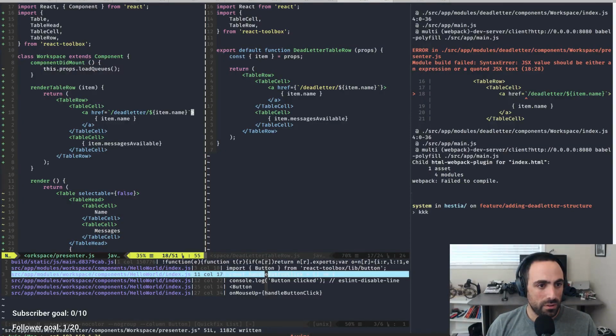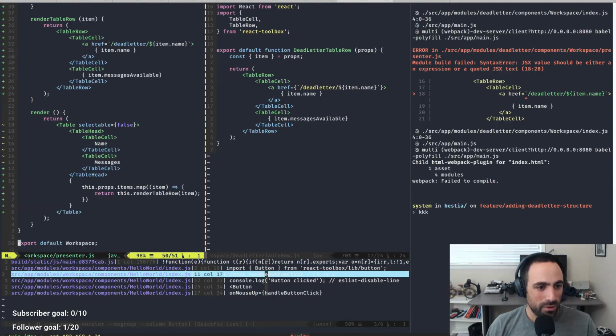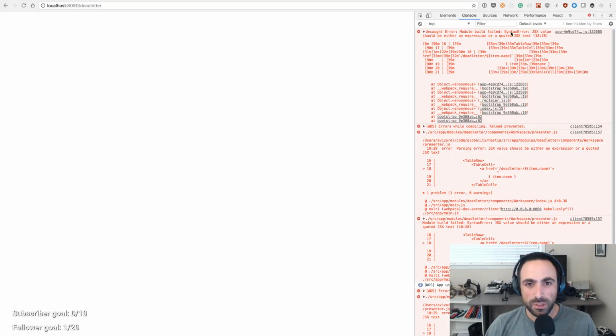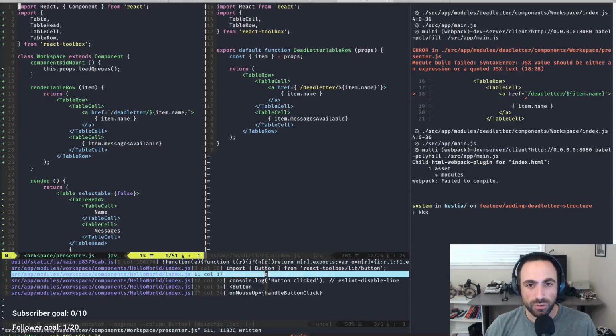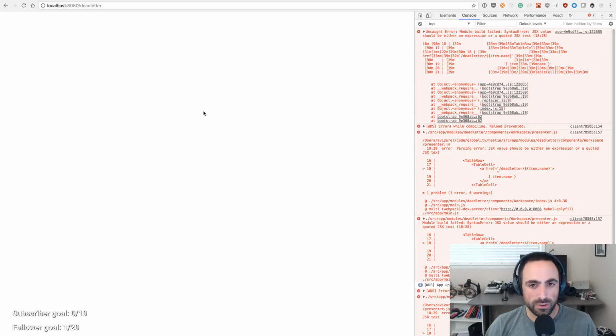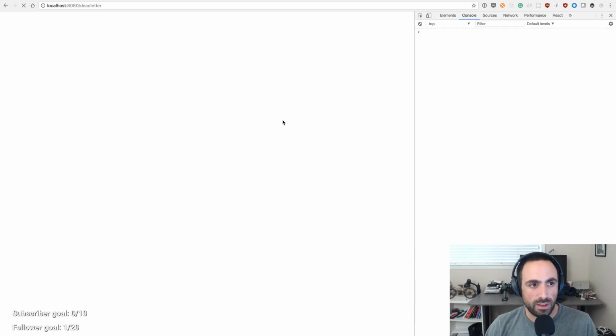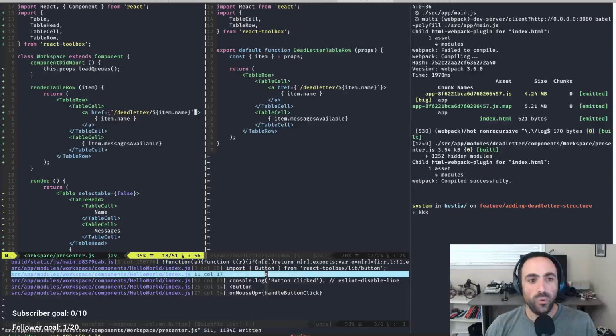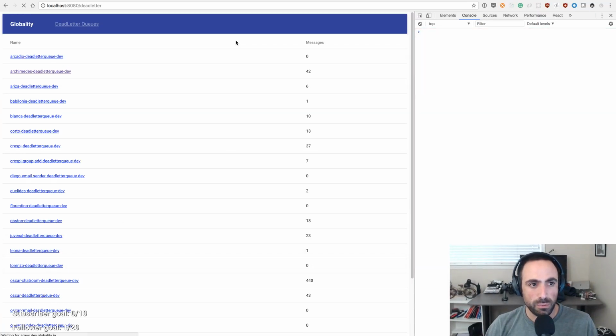So I don't understand what got screwed up. What got screwed up, man? Module build failed. Syntax error. JSX value should be either an expression or quoted JSX text. So this should be here, which is okay. Which is the issue we had before. So now it's valid JSX syntax. So when we refresh, this renders. And then this should have a key, and item.name is the key. All right. So then when we do that and we refresh,